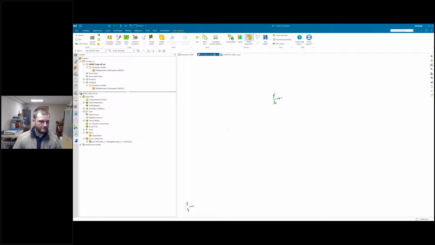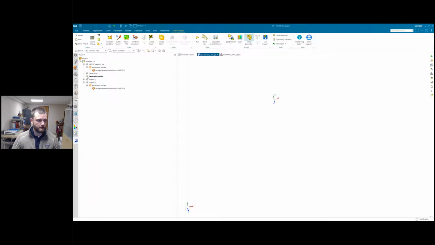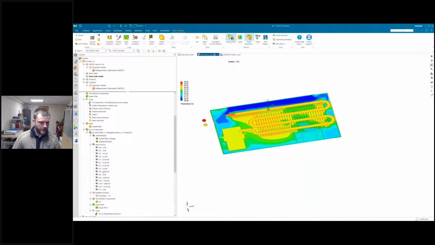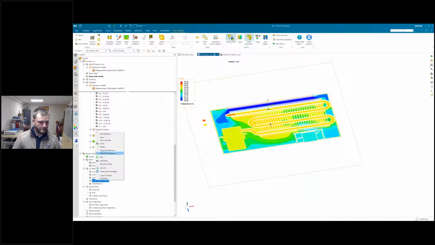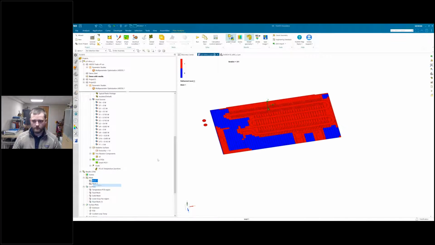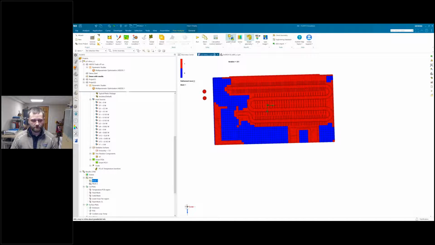And if I go to my results, let's jump over to our mesh. Not quite at results yet. So our first mesh here that we'll look at is just a mesh through the body of our heat exchanger radiator here.